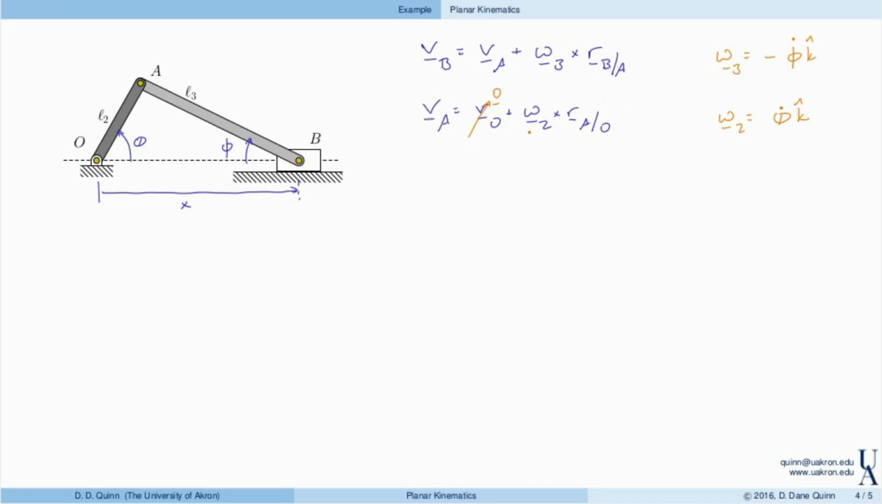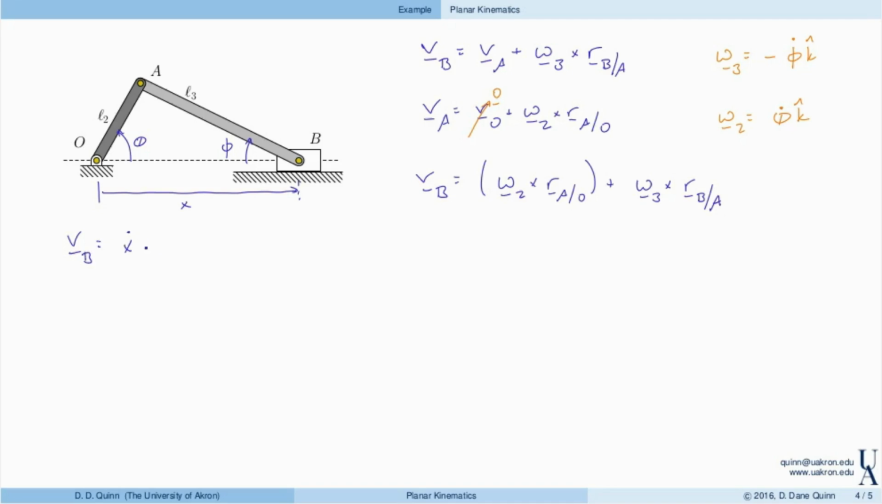So now using this expression for the velocity of A in this expression for the velocity of B, we find that the velocity of B is omega 2 cross r of A with respect to O plus omega 3 cross position of B with respect to A. So finally, in terms of the coordinates, we get the following. The velocity of B